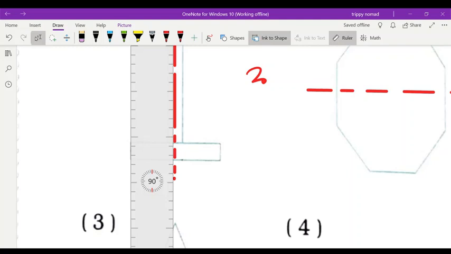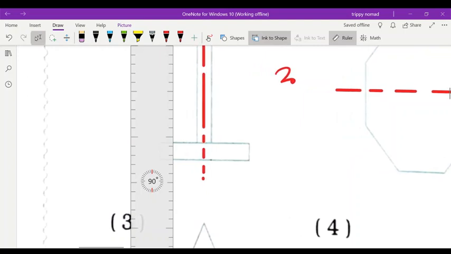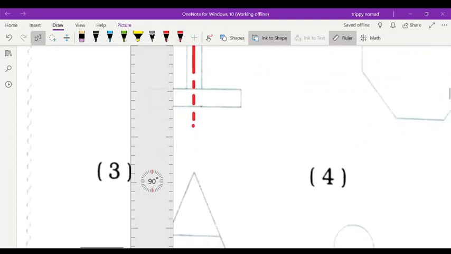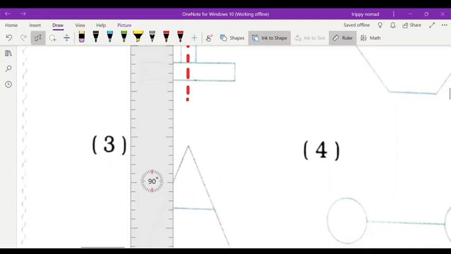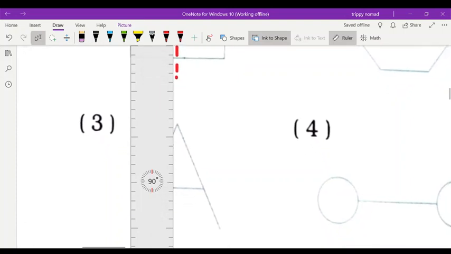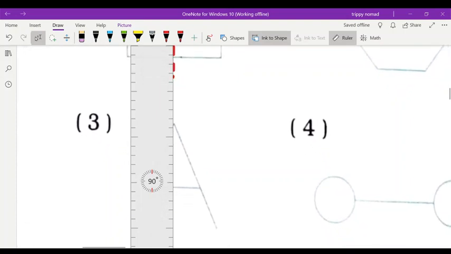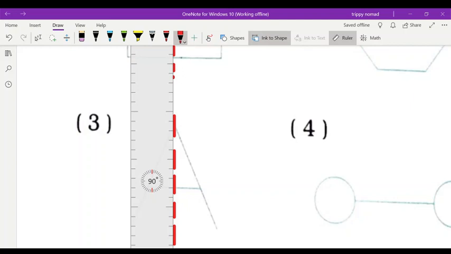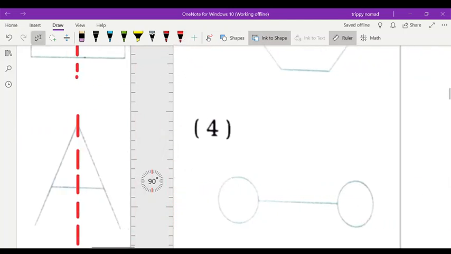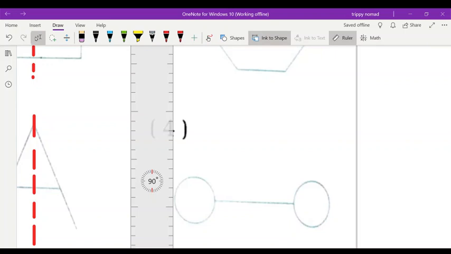Yes, children, the second one I have done already, and this first one, you see, I have done this one also for you. I have drawn the line of symmetry. And the third, how will you get the line of symmetry? Like this. You have to draw a dotted line to get the symmetrical figures. And in the same way, question number 4, you will see how you will divide it.